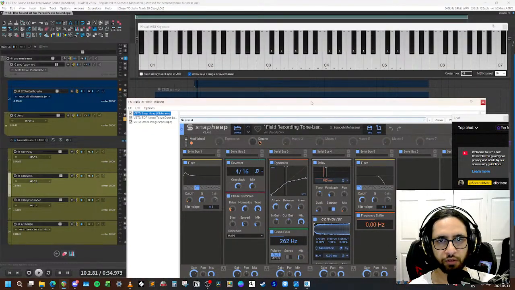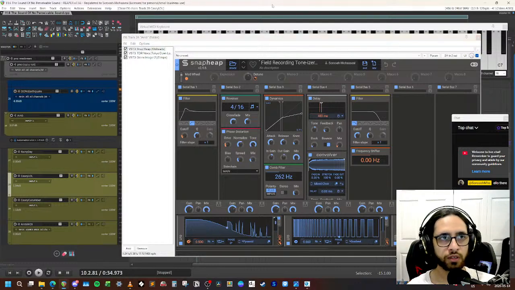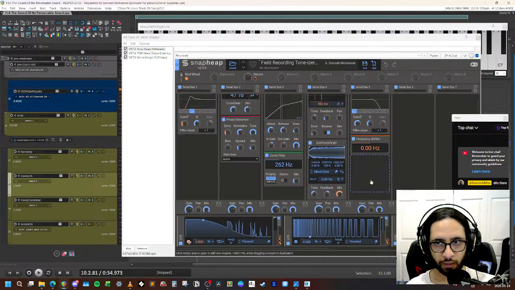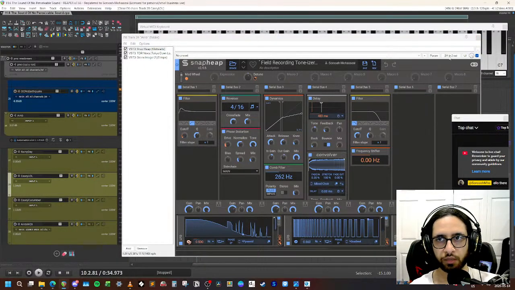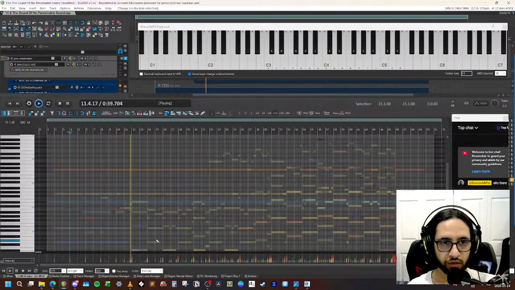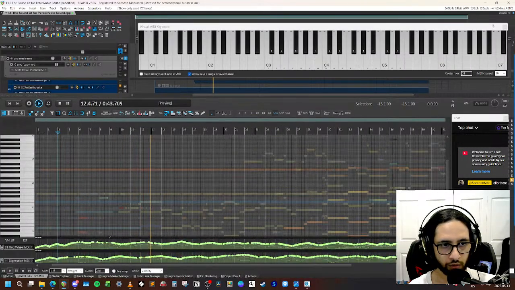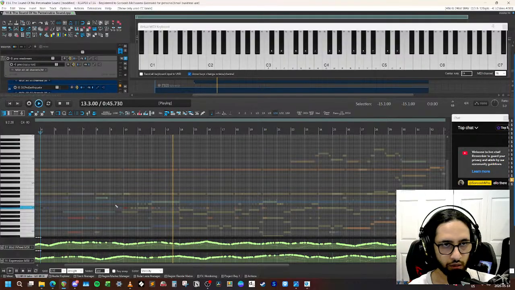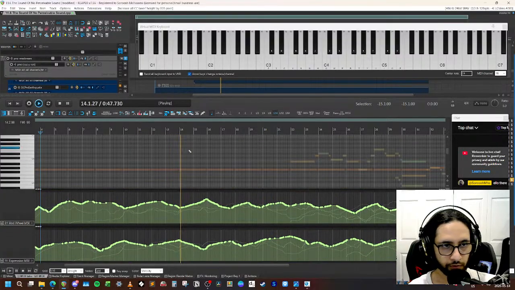I call it the field recording tonizer. I've talked about this in previous episodes. It just kind of adds a tonal aspect to the track, whatever track you put it on, right? And I can control that with MIDI. Like so. So you can see there's two CC lanes.